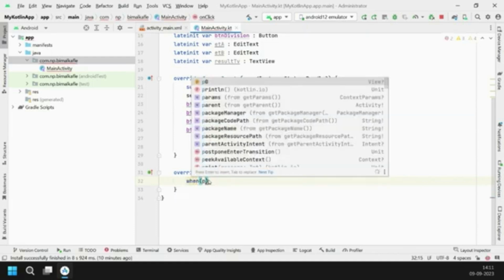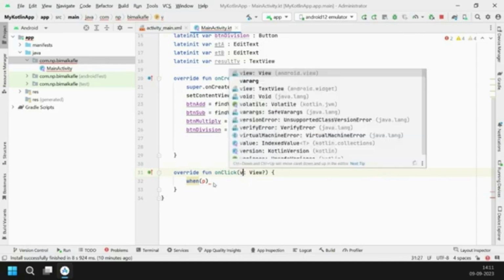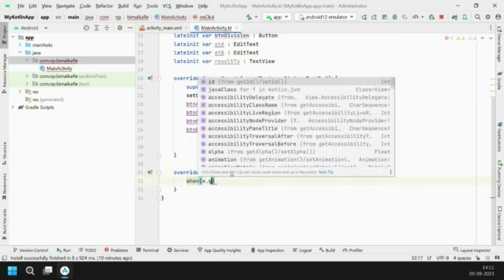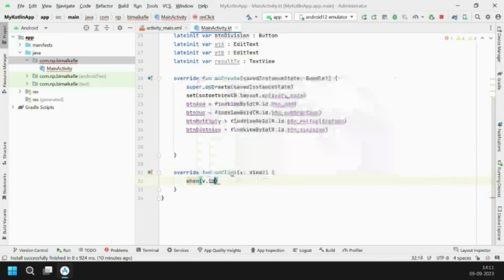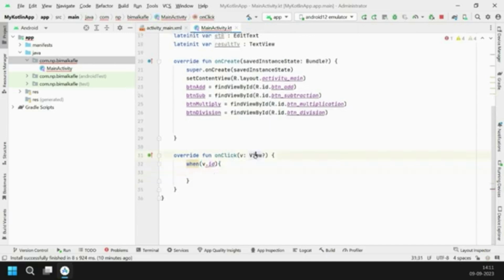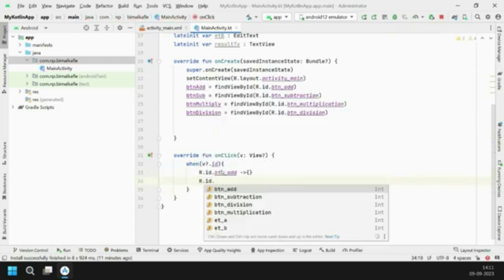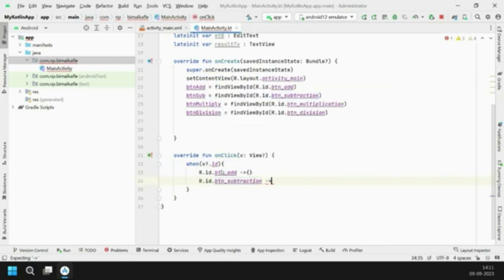So on click action of what method you want to create. I need to create the on click action of the view for which I am creating the method. So it could be add, subtract, divide, multiply. So I am giving you over here when v, that is my view v, and I'm giving an ID with it. And I'm mentioning what exactly is the button that I want to trigger. So I have given now R.id.button add, and I have opened and closed the braces in which I need to mention the method. Similarly, I need to do it for add, subtract, multiply and divide.